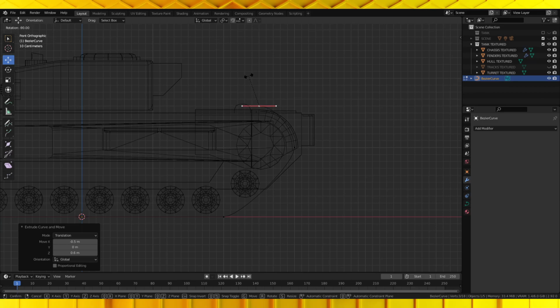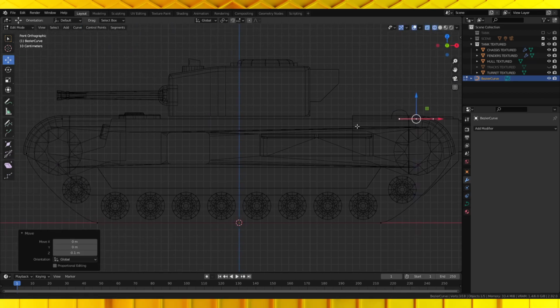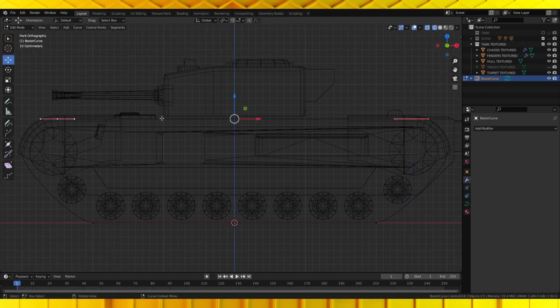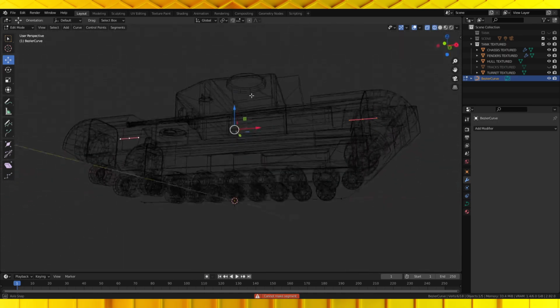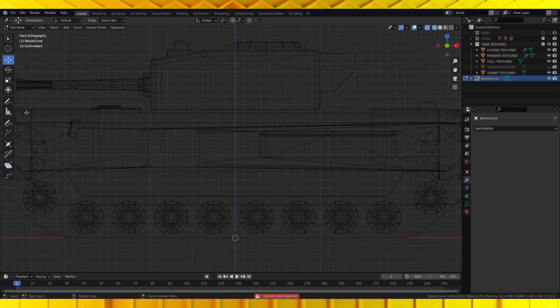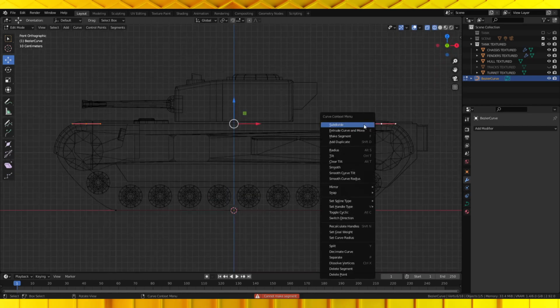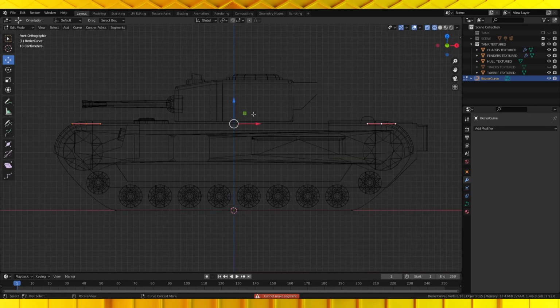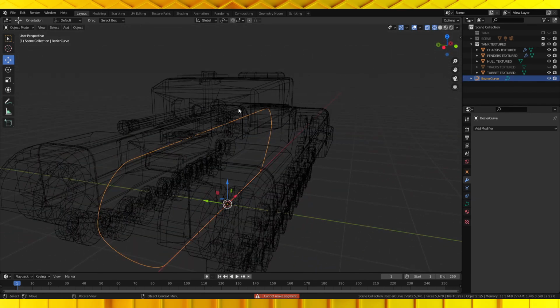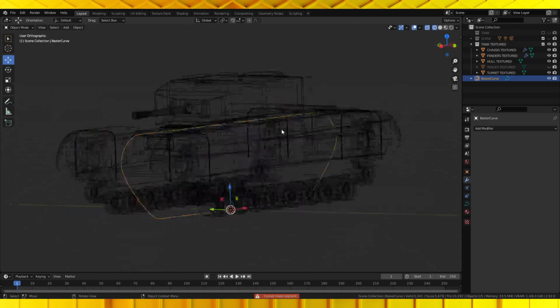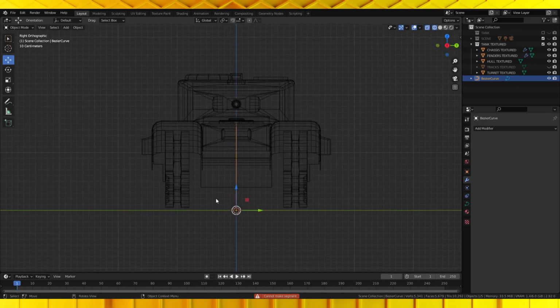And here, a little too high. This needs to be centered.